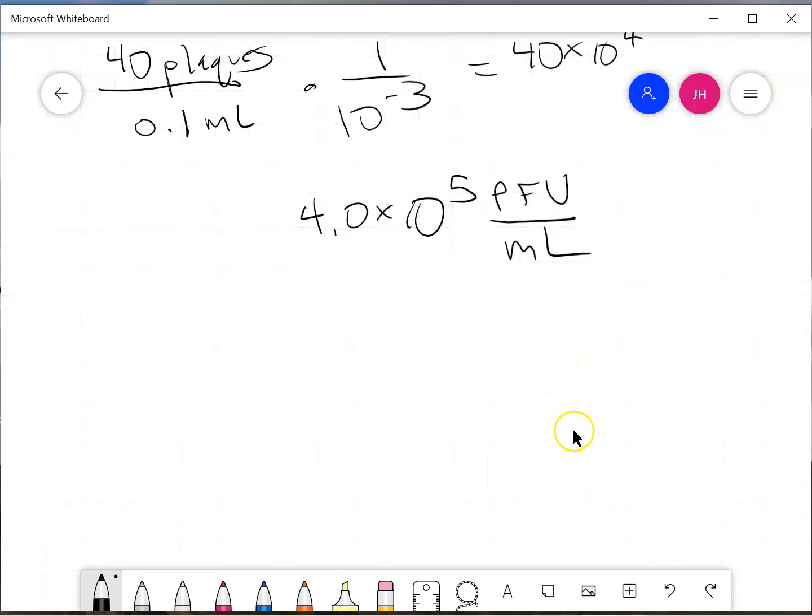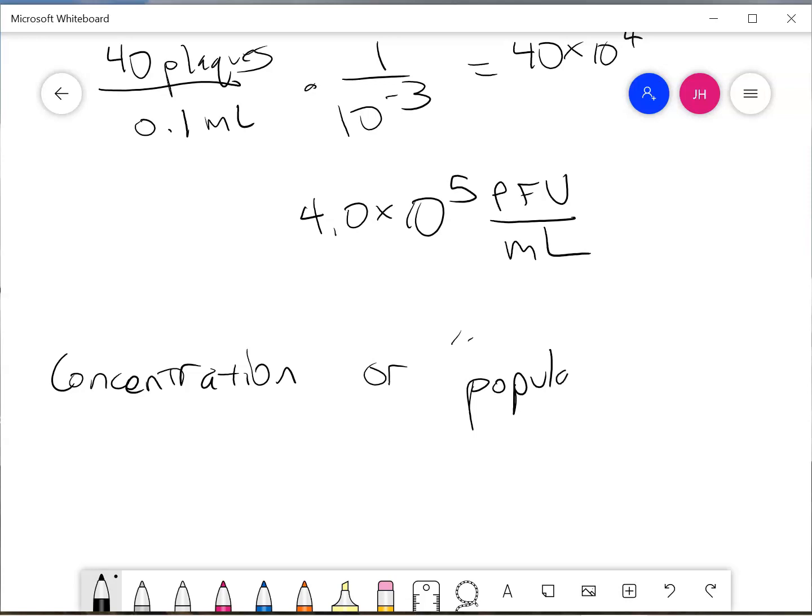One last thing about this, because if you followed me to here, that's all you need to know about the plaque assay. It really is like the plate count test, except that instead of growing the colonies on agar, you grow plaques in cells that were grown on agar. And then you count them. But here is the key word. The concentration or population size